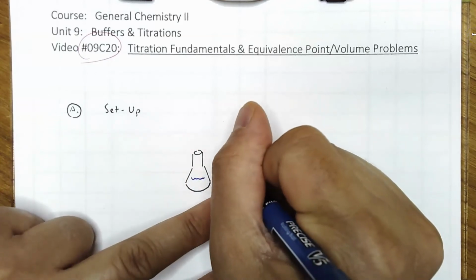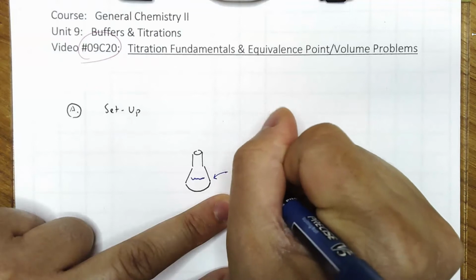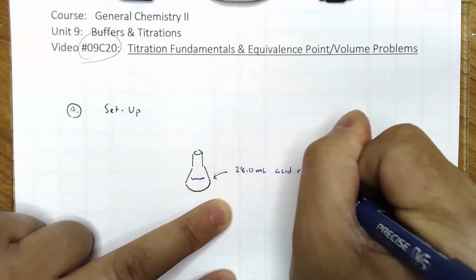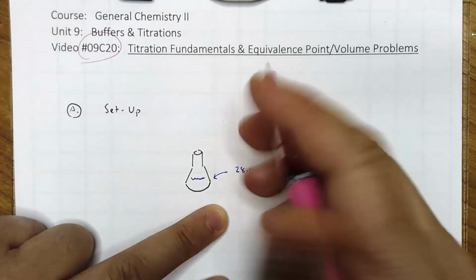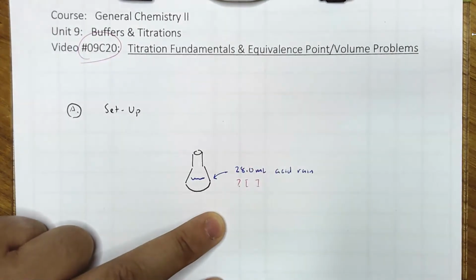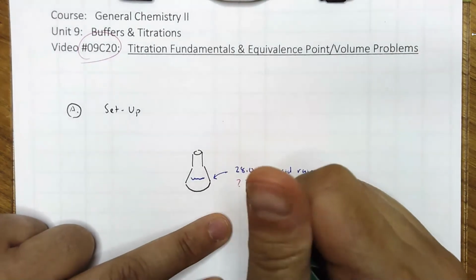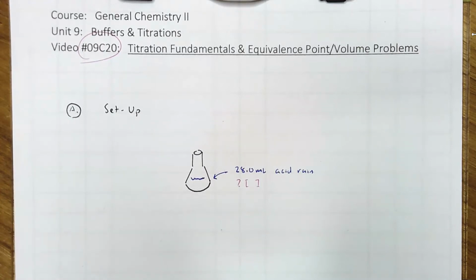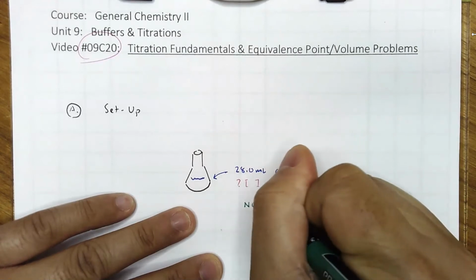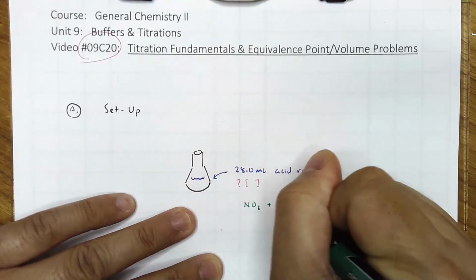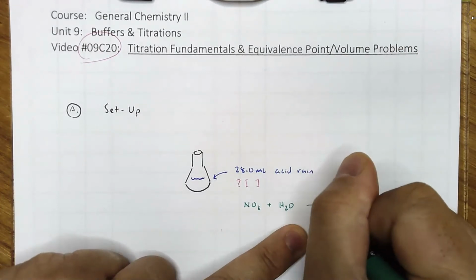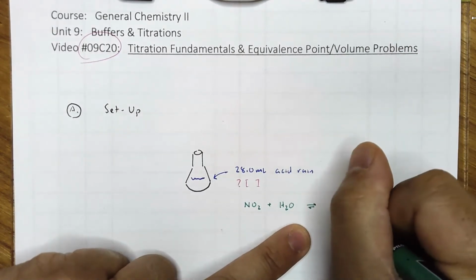Let's make it 28.0 milliliters of acid rain, but we don't know its concentration. Now, acid rain, what happens is different gases, one of them being nitrogen dioxide, mixes with water in the clouds, and it forms actually nitric acid,